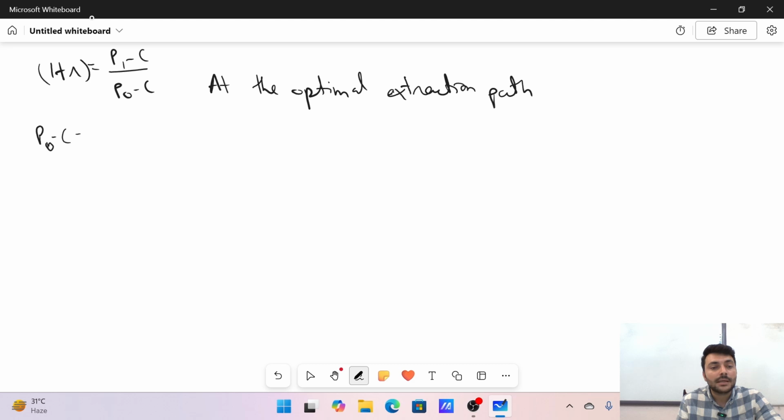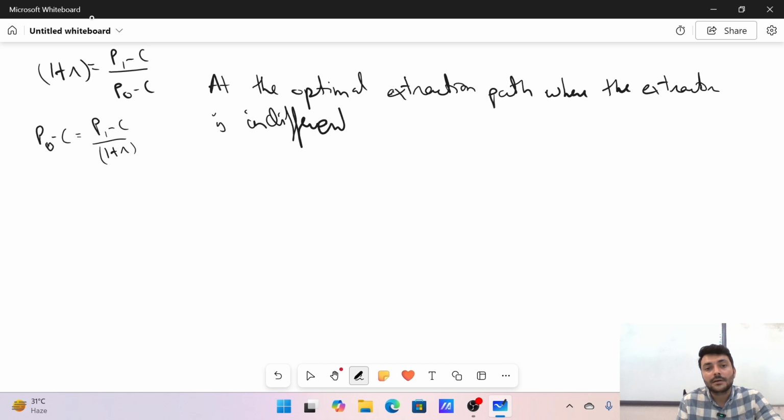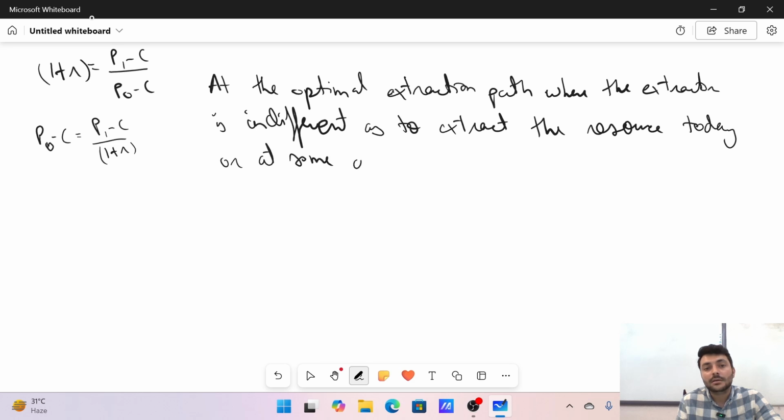P0 minus C equals P1 minus C divided by 1 plus R. You can recollect this equation. Just now we did this. At the optimal extraction path, where the extractor is indifferent as to extract the resource today or at some date in the future,